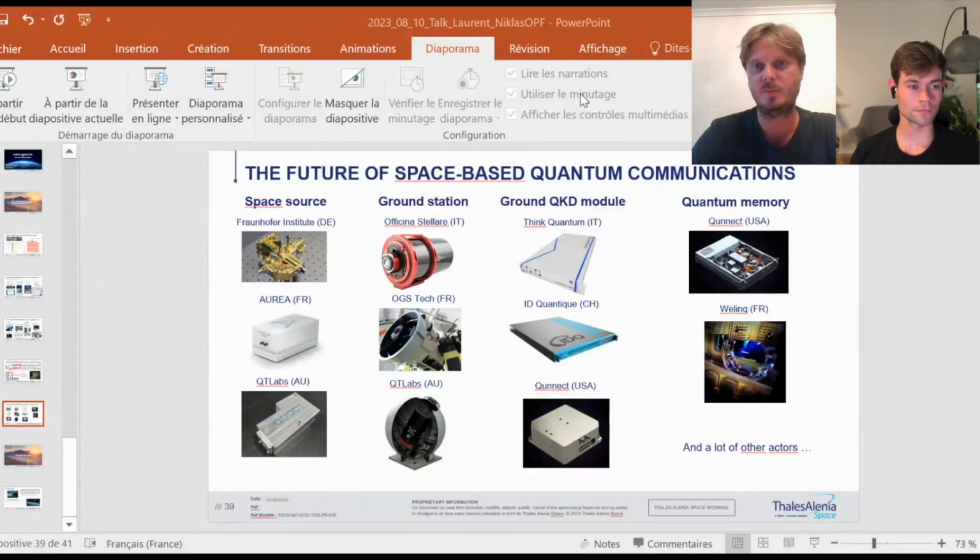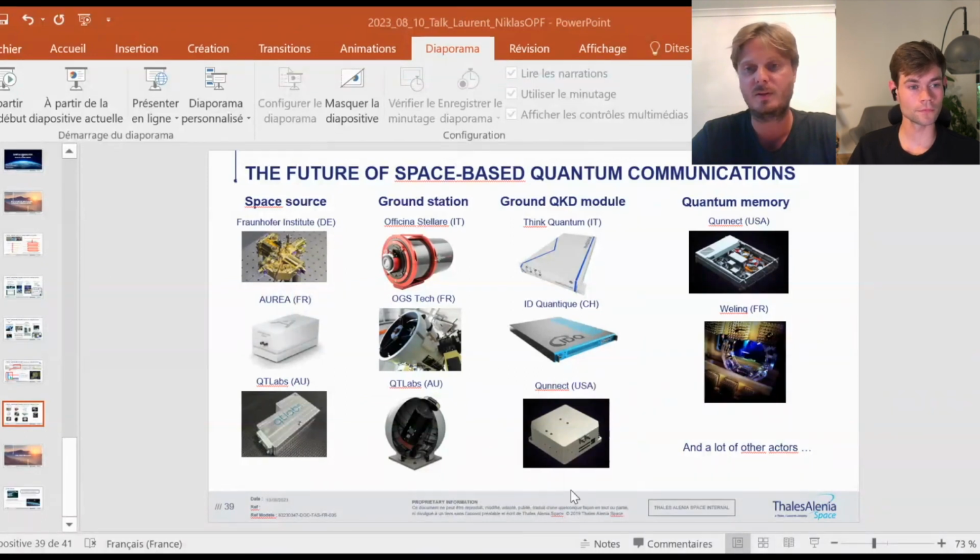And there are also the QKD modules for QKD applications. Typically, ThinkQuantum already has a good product, and ID Quantique also. So these could be emitters or receivers; you need both. And in the US, you have also QNect, a company